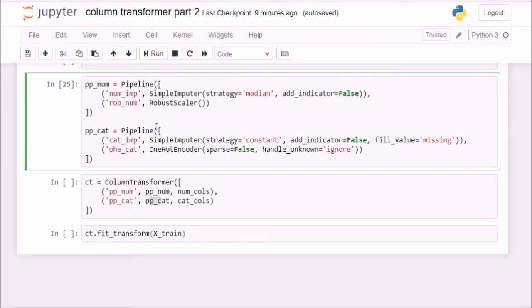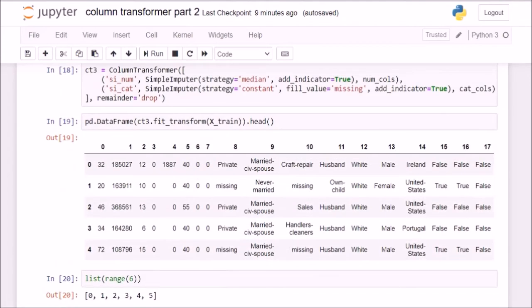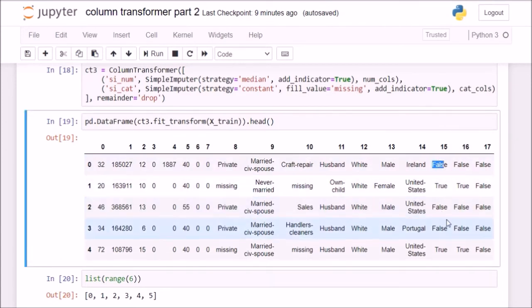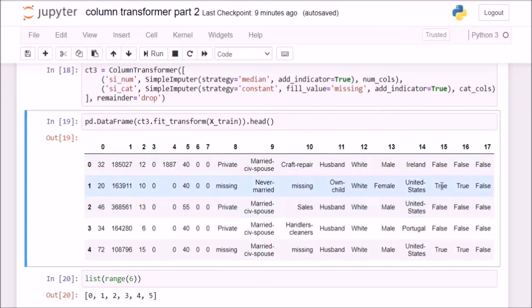Okay, and here as well, if I set the indicator to true in the simple imputer, then what will happen is when I one hot encode them, those categories will also be encoded. So if you check here, I am getting trues and falses, right? So this is a new categorical column which is indicative of whether a value was missing in that particular row or not.